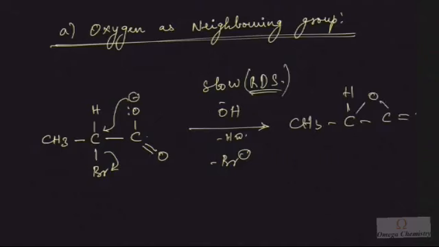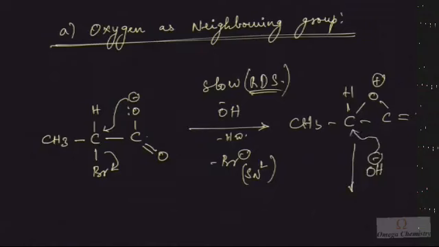Your oxygen will be like this. It will form a cyclic intermediate. Now it is an inversion reaction, right? Because the carboxylate, the oxygen carrying negative charge, attacks from the backside of the leaving group. So surely it should be SN2 reaction. Now what happens? The OH minus ion will come again from this side, from the opposite side, and attacks the same carbon where bromine is attached.